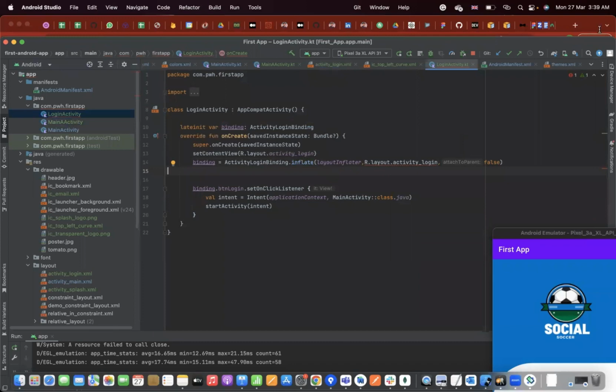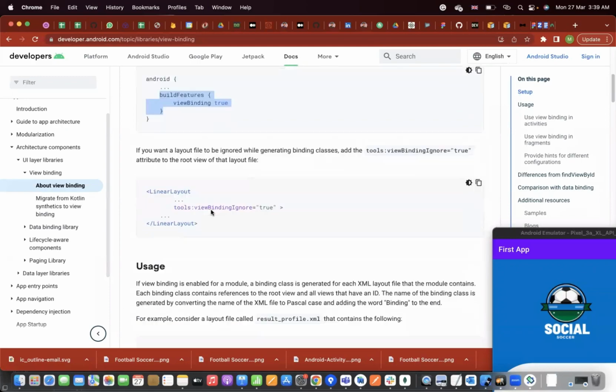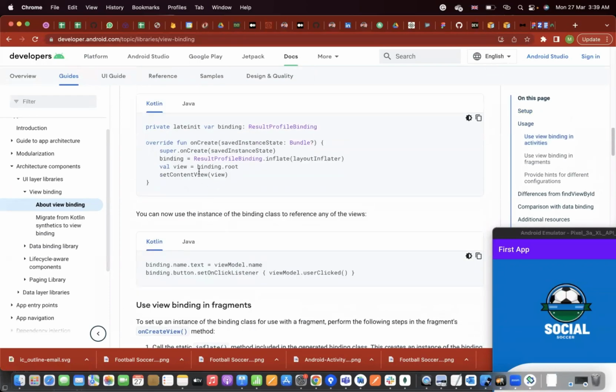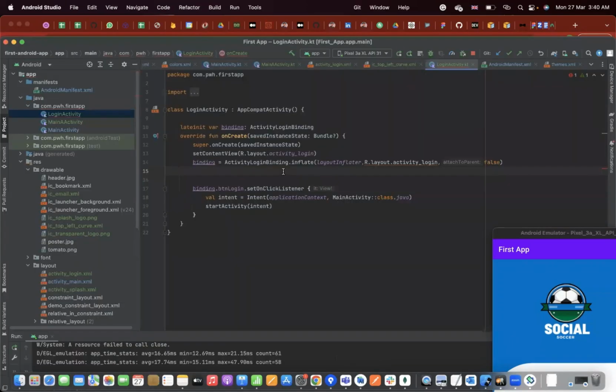So just a moment. There's a binding issue. I believe we use binding, and with view binding we need to provide setContentView as well, but with data binding we don't need to. So that's why maybe the inflater, and then we need to provide the setContentView. So the right way is just Ctrl+X. Okay, so I will just remove this,